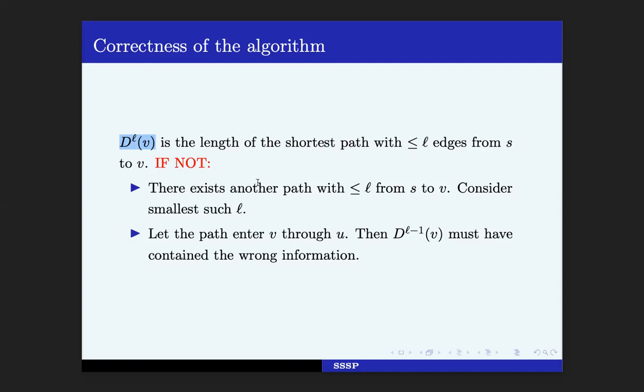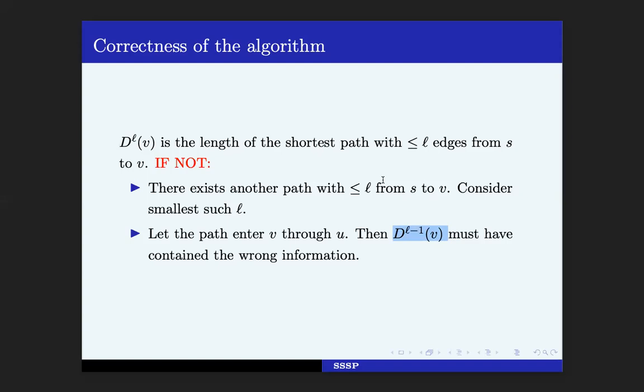D_{L-1}(V) must be containing this path. So if not, then D_{L-1}(V) has already got a mistake, which by induction hypothesis is not possible. Or this is the shortest path, but if this is the shortest path, then I would have chosen D_{L-1}(V) plus the weight of